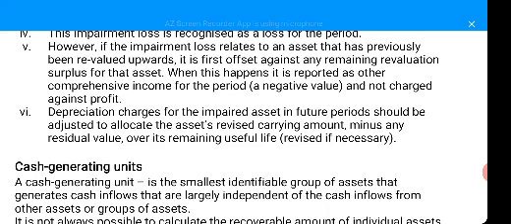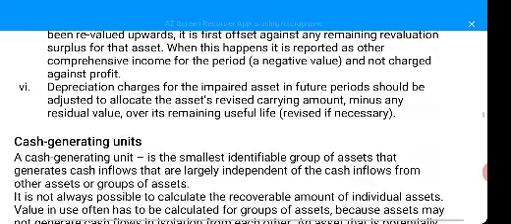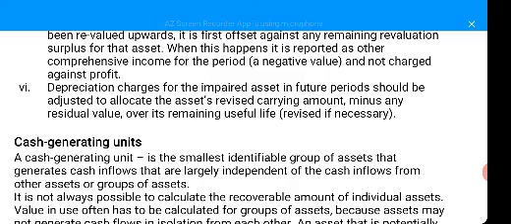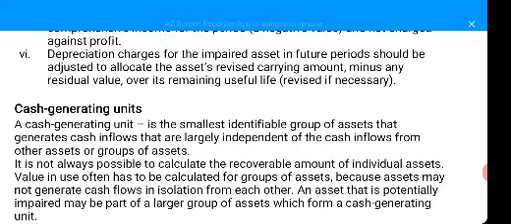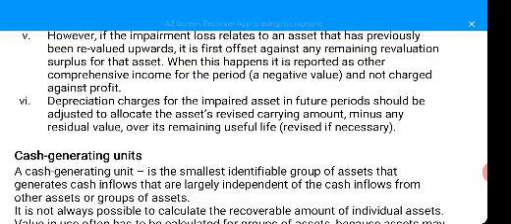Depreciation charge for the impaired assets in future periods should be adjusted to allocate the asset's revised carrying amount minus any residual value over its remaining useful life. So under this,